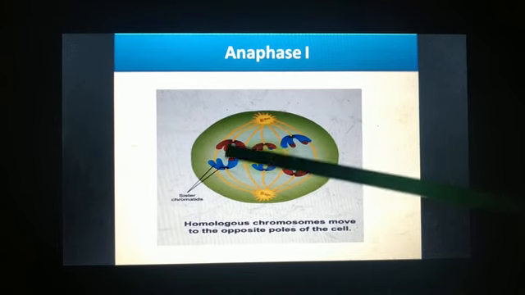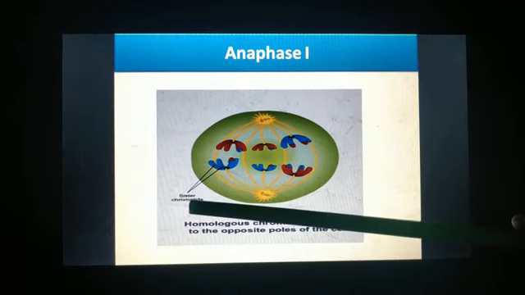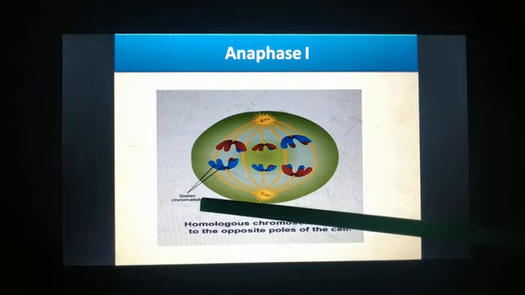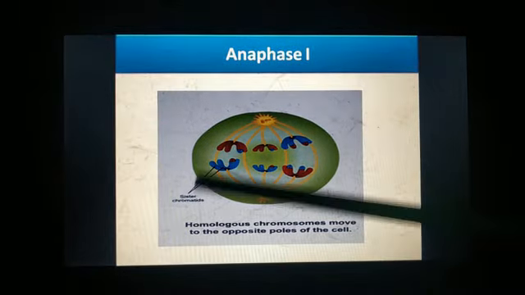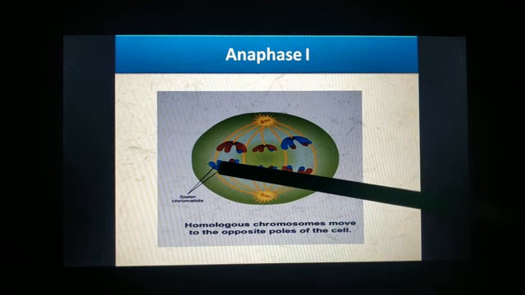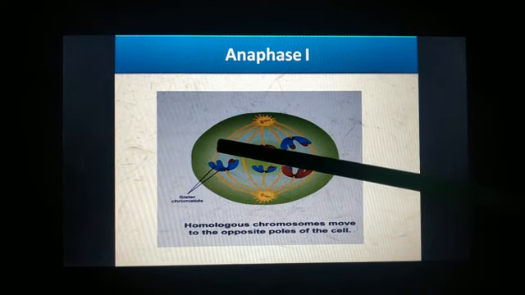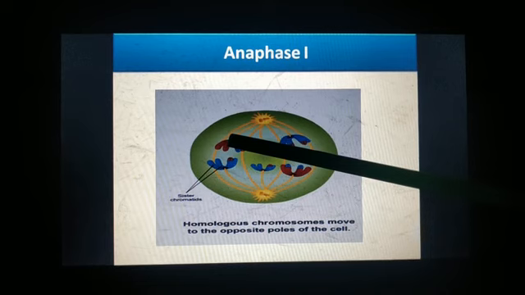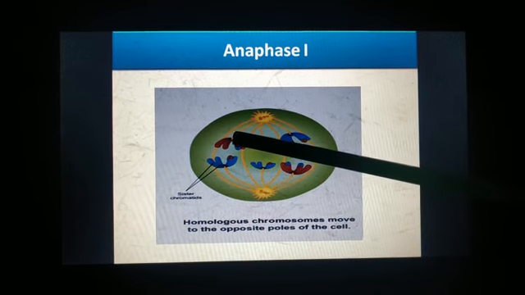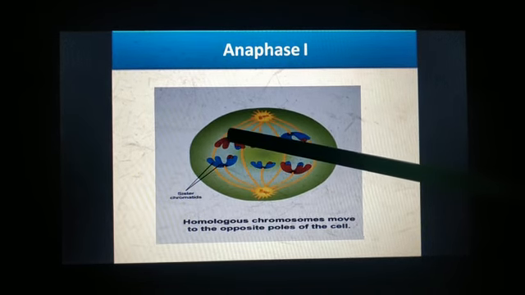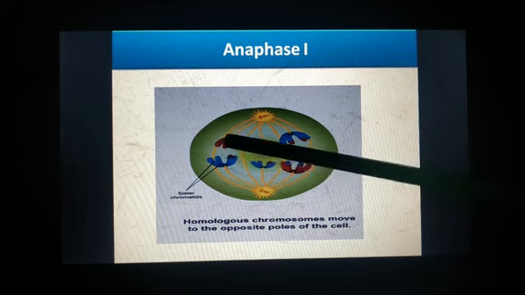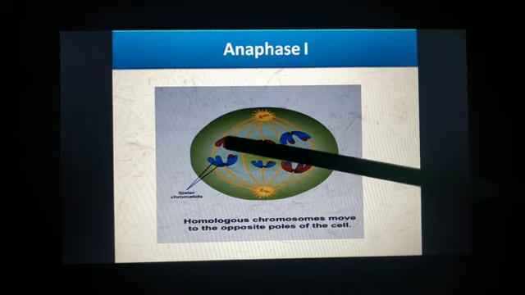These two are sister chromatids, and these two are the sister chromatids. Can you see, students? So these are the sister chromatids, and here these are the sister chromatids. The sister chromatids will remain attached at the centromere, but the homologous chromosomes get separated,